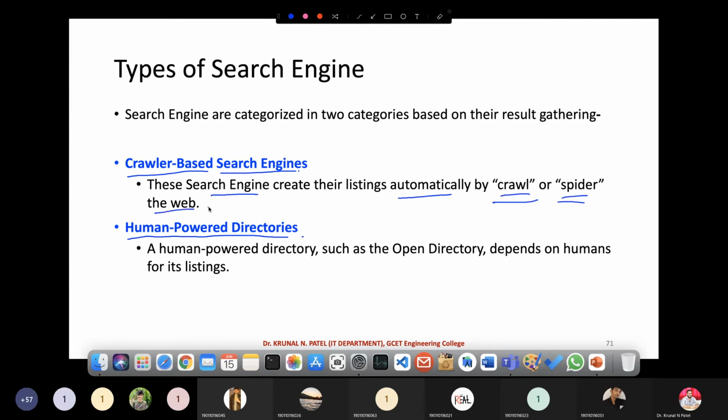It searches for the particular connected related words and automatically generates the list. A human powered directory, such as the Open Directory, depends on humans for its listing, so manual power is required to list out the keywords and all that stuff.